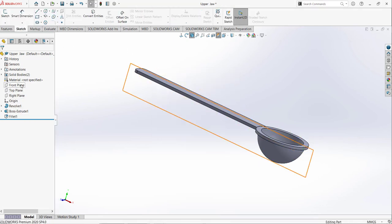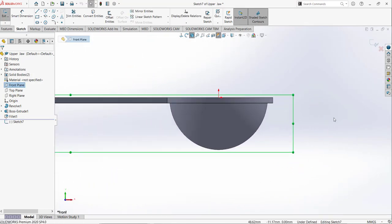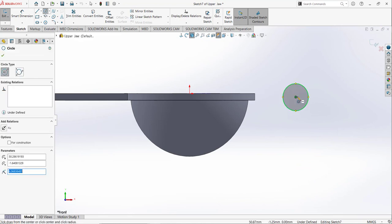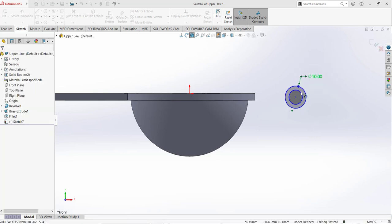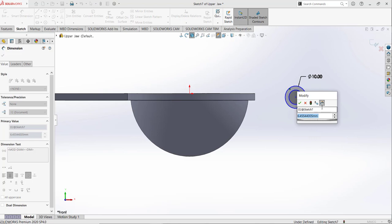Now I am going to open the sketch on the front plane, go to normal view, and now I am going to draw two circles like that, so that this dimension is given as 10 and this dimension is given as 5,